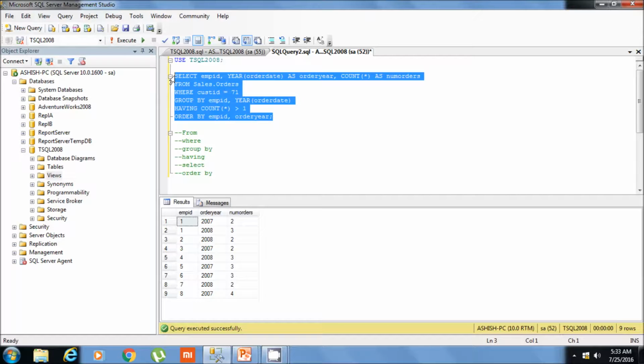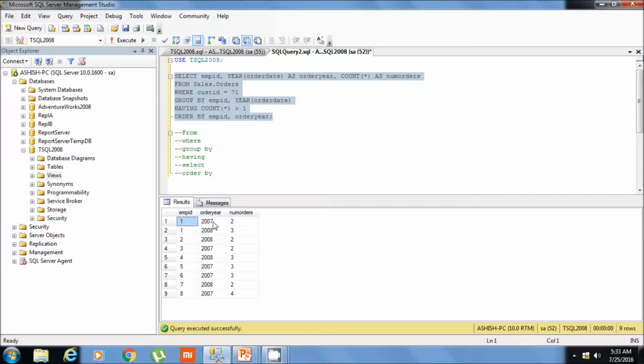So this query is giving us, for every employee and year combination, the number of orders if the number of orders is greater than 1. As we can see, for customer ID 71, employee ID 1 in 2007 has 2 orders, while in 2008 the same employee ID 1 has 3 orders.